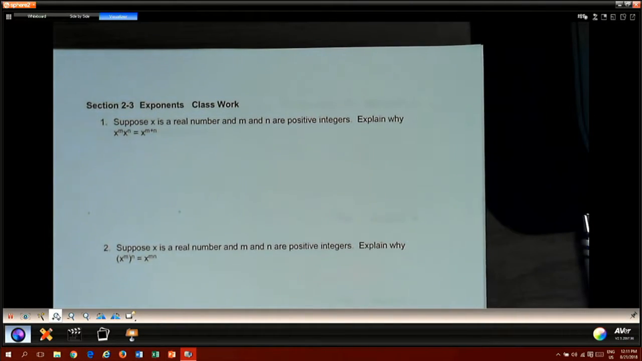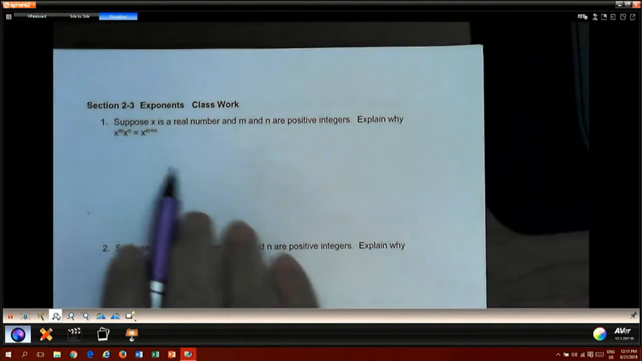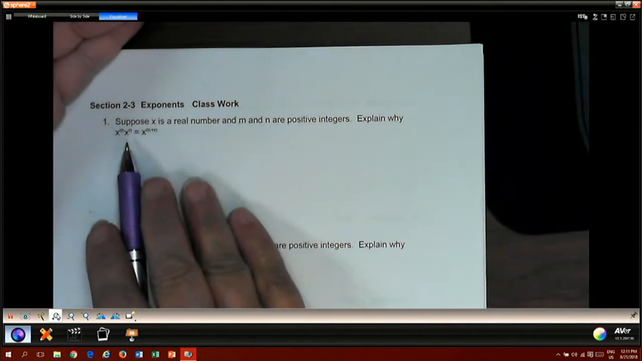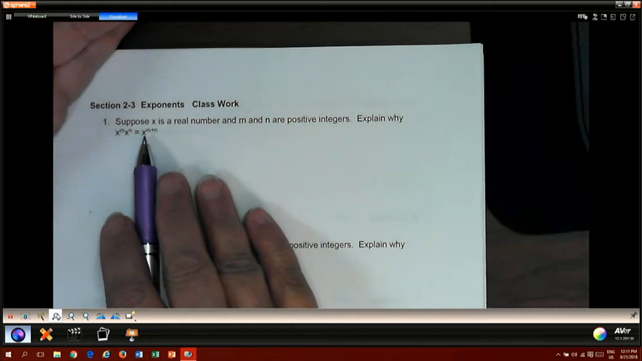Okay, we're going to look at exponents. First, we're going to review some of the properties of exponents, and then we're going to work with them. So we want to explain why x to the m times x to the n is x to the m